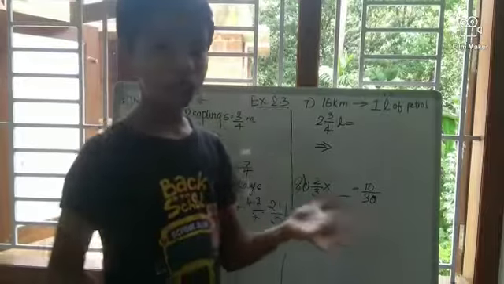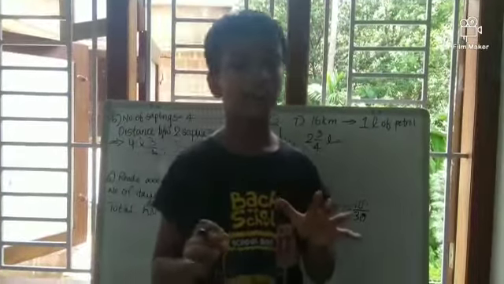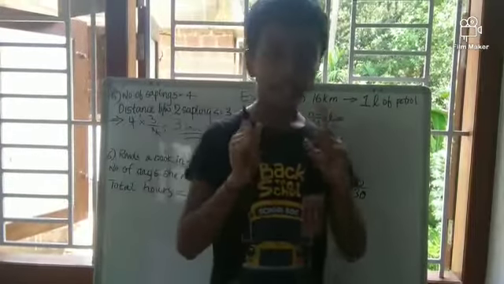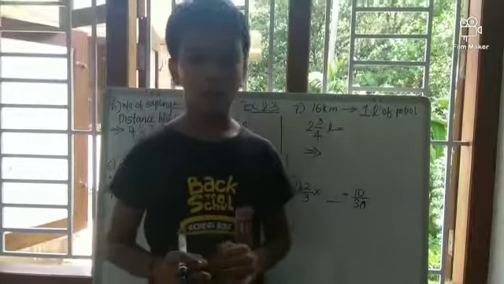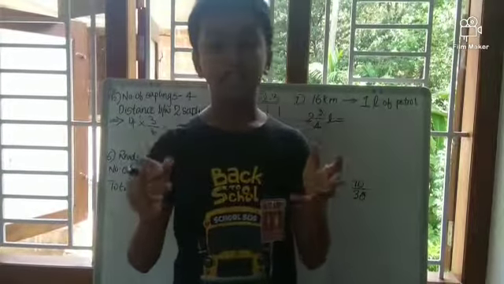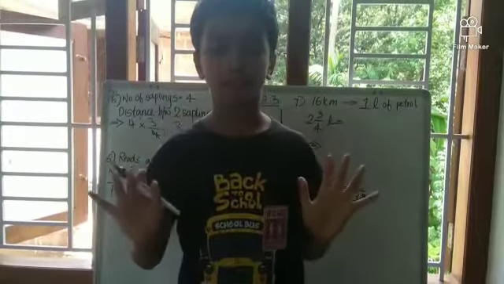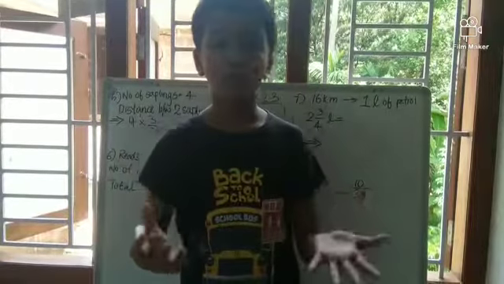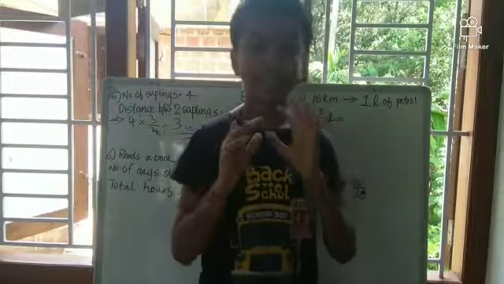The seventh question is also a story problem. Okay, I will read it. The car ran 16 km using 1 liter of petrol. Okay, one car runs 16 kilometers with 1 liter of petrol. How much distance will it cover using 2 3/4 liters of petrol? We have to find how much distance was covered by the car in 2 3/4 liters.